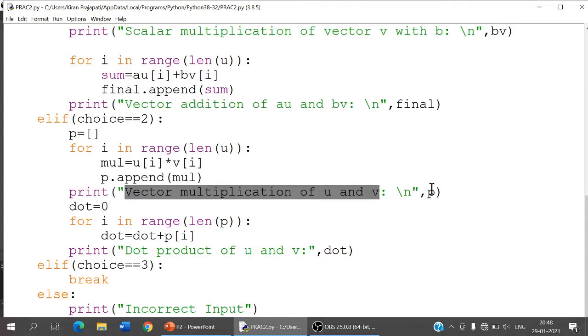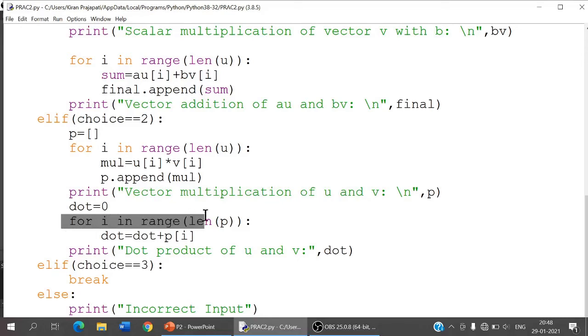Whatever the multiplication of corresponding elements was, that is stored in p, but I need to calculate the dot product. For that I will have to do the sum. Yes, it is the sum of the products of corresponding elements. So again I make use of a for loop, and dot I have initialized to 0. As you can see, dot equals 0. So one by one I am going to add: dot plus the first element p of i.